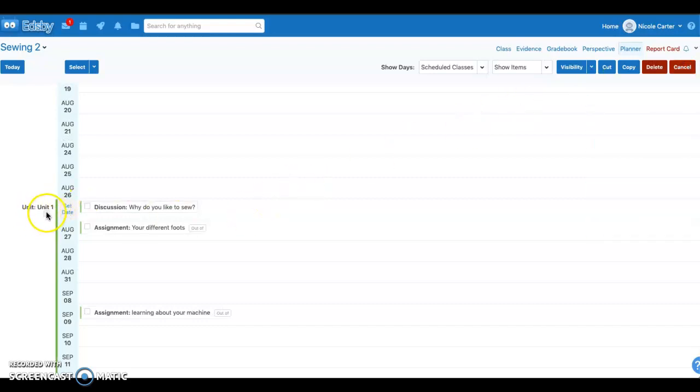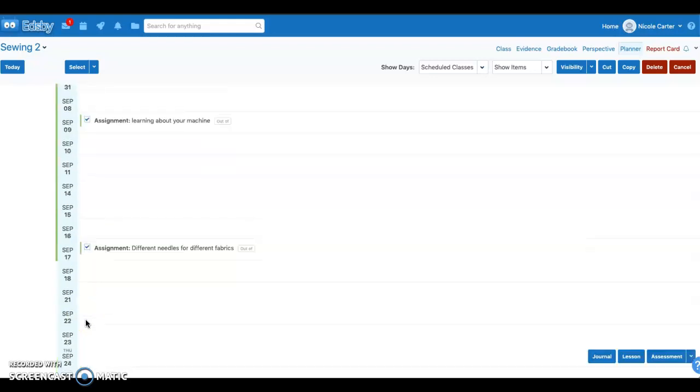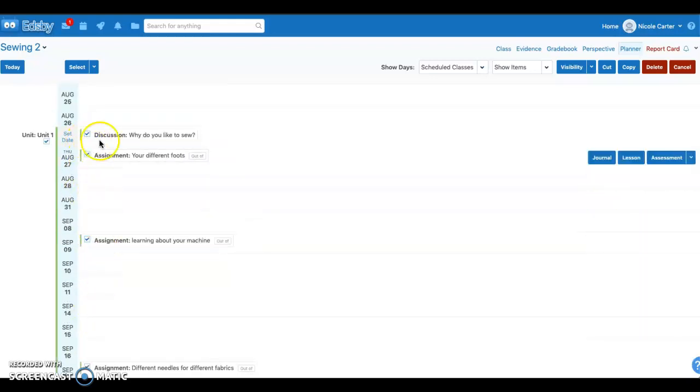And I have a little checkbox over here on the far left. If I check the checkbox, it's going to check that unit as well as everything inside that unit. Now, I might not have any assignments or lessons or anything in that unit. It might just be an empty unit, and that's fine too. But if I'm wanting to get rid of a unit, then I can click that checkbox under the unit specifically